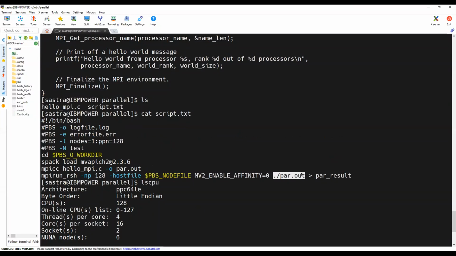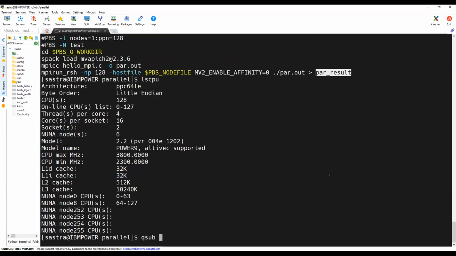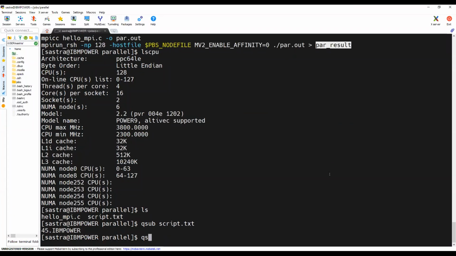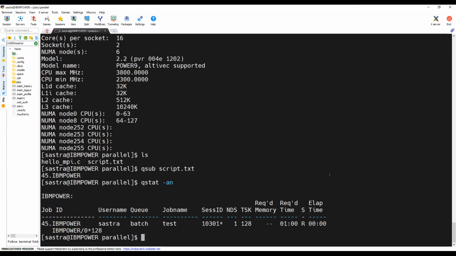And then I'm going to run this, and I'm going to get the output in the par_result. So again, for submitting, I'm using the qsub command to submit the script file. So I'm going to check the status.